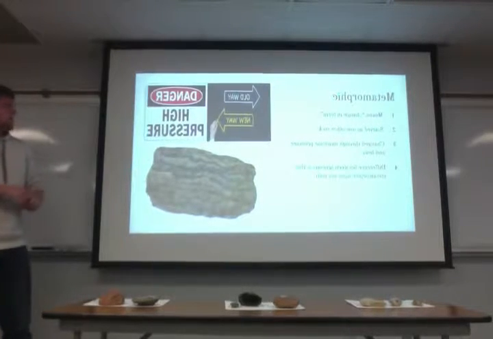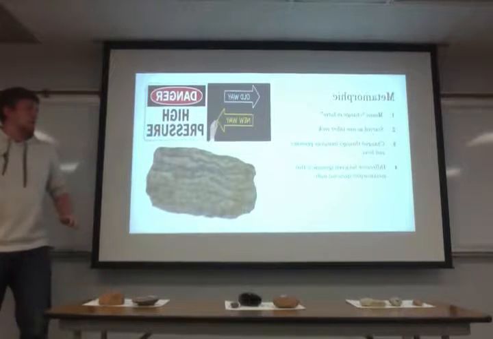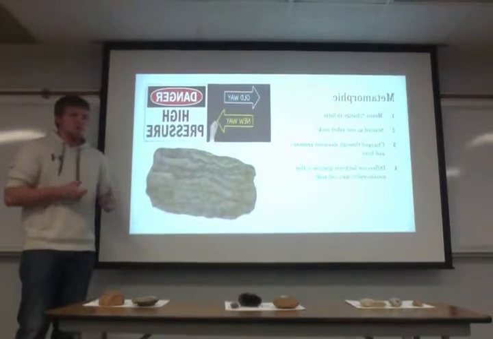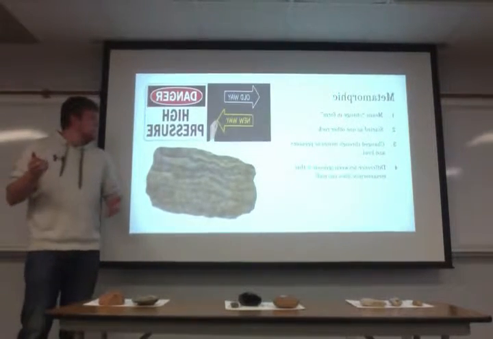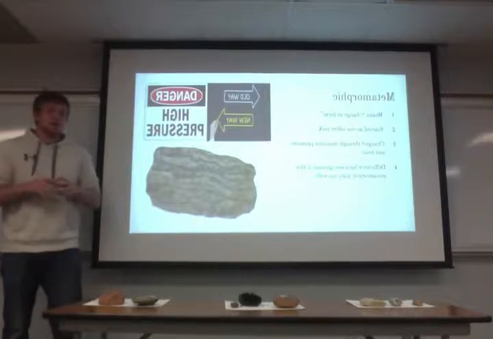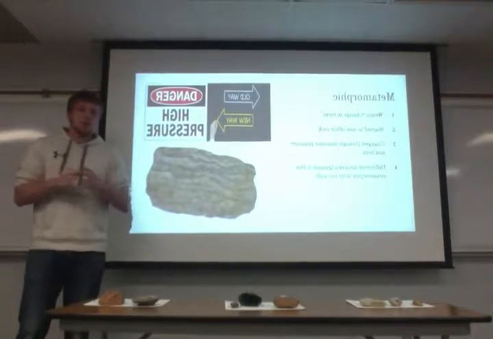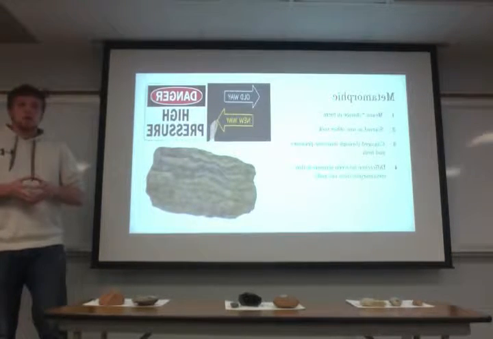All right, now let's move on to metamorphic rocks. Metamorphic means basically they've changed in form, and all metamorphic rocks at one point were some other type of rock, and they've changed from that. So what they do is they are subjected to immense pressure and heat, and they change the chemical and physical composition of the rock. And this happens underneath the crust, with just huge amounts of